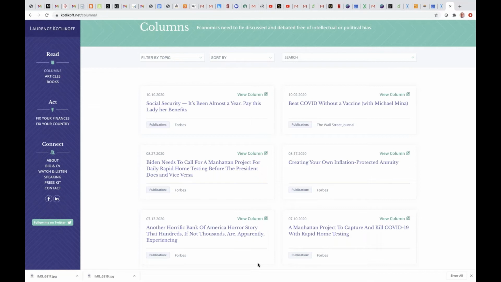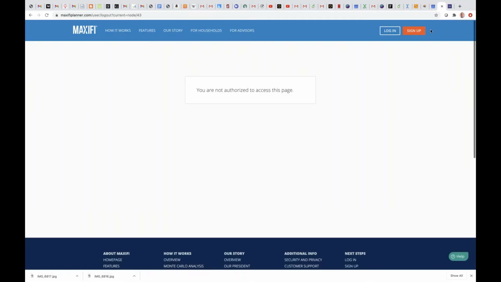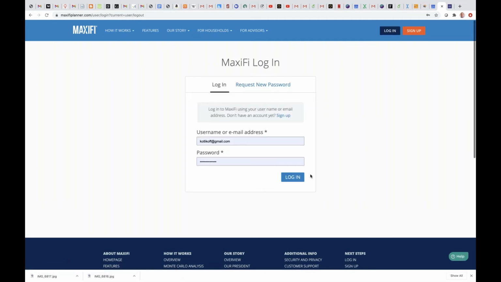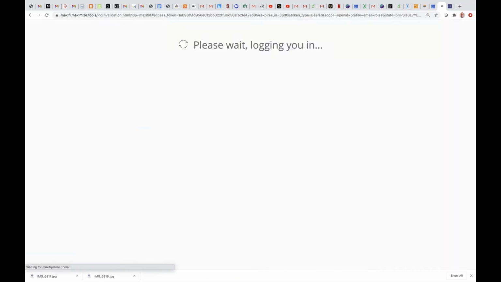This is a question that's come up a couple times. It's from Glenn. He says, how do I see which accounts are getting withdrawn in the scenarios, Roth, IRA, or savings? Well, in our retirement account report, we have recently upgraded. Let me go log back in here. Sorry, I got to log back in. I'll show you the report has a column for Roth accounts.